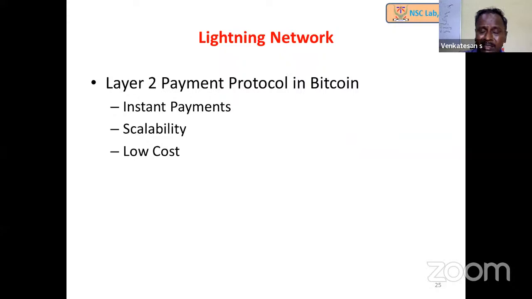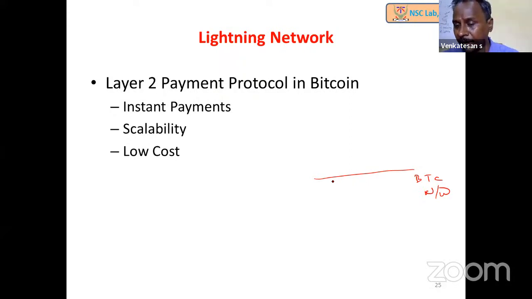And now it's not new, it is maybe 4 or 5 years or more than that. Before that also, this concept was introduced, which is called the Lightning Network, which is considered as a layer 2 payment protocol. So the advantage of this is, if we have the Bitcoin network and every block is getting confirmed after 10 minutes, that is, the average block mining time is 10 minutes, so we have to wait. And further, to ensure that this will be part of the main chain, we have to wait for another 5 or 6 blocks.